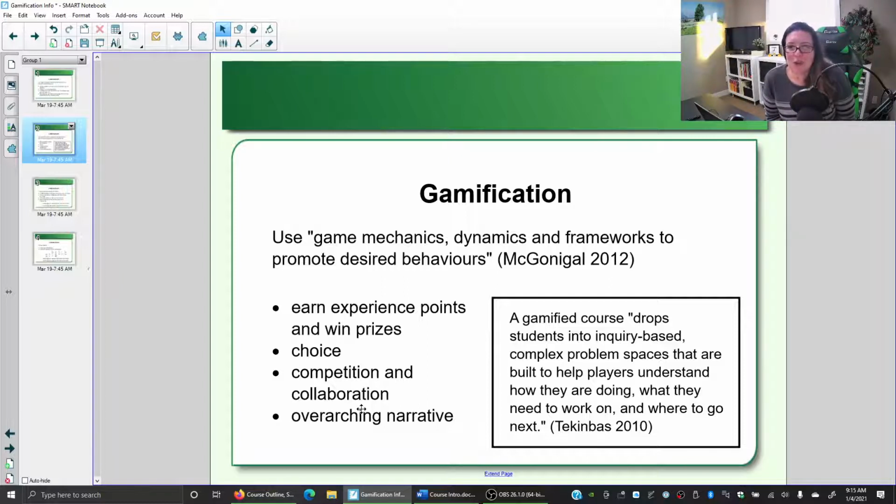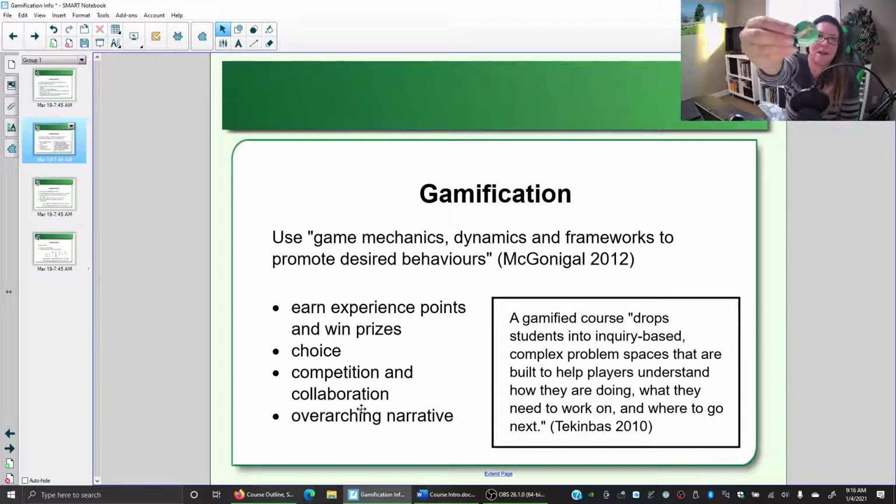And for this course, you're surviving the zombie apocalypse. There will be levels and chances to earn points. So you earn experience points for everything you do. Some points are just by doing. Some points are based on accuracy. And you have a chance to win prizes. In this case, we have a number of badges or buttons that you can earn based on your work.